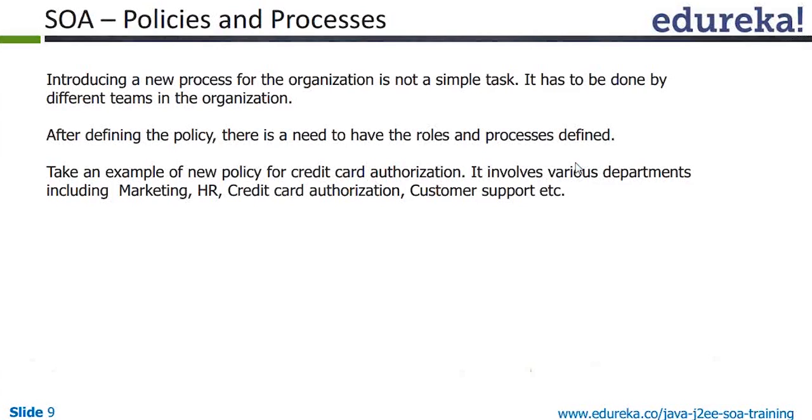Now Yahoo also will have certain policies, that is, SOA, service oriented architecture, also will have certain rules and regulations. What are the rules and regulations? See, it might have like,